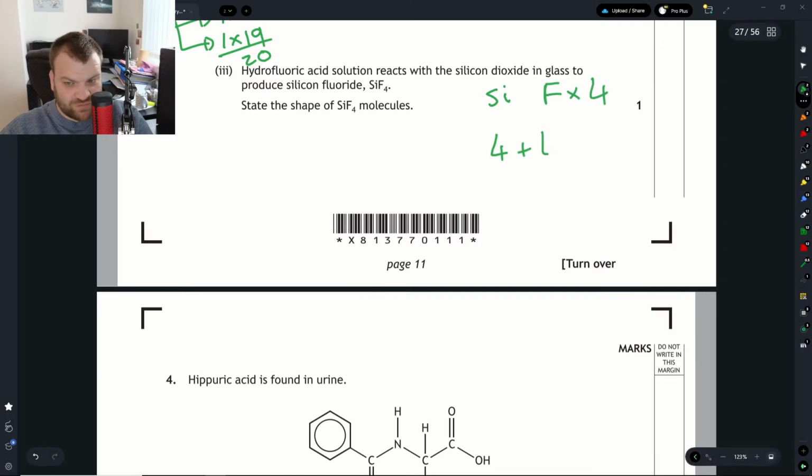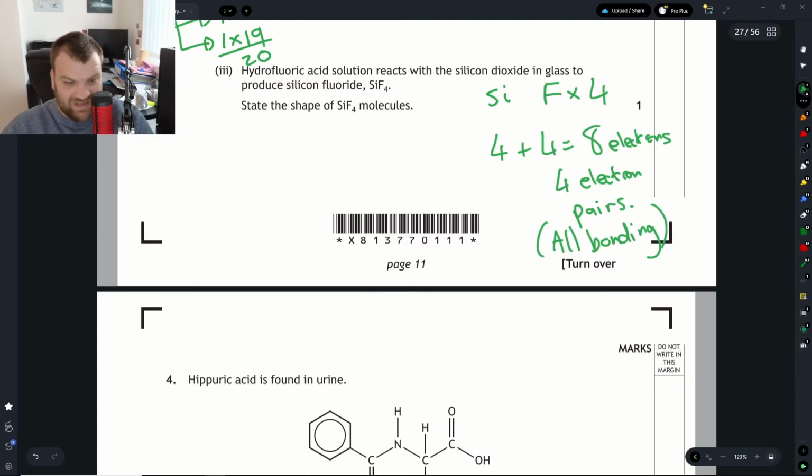That gives us another 4. That means that we've got 8 electrons. That will give you 4 electron pairs. All of them are involved in bonding. This means that it will be based on and have the shape of tetrahedral. So the shape of the electron pairs around the central silicon would be tetrahedral, as would the actual shape of the molecule, because there are 4